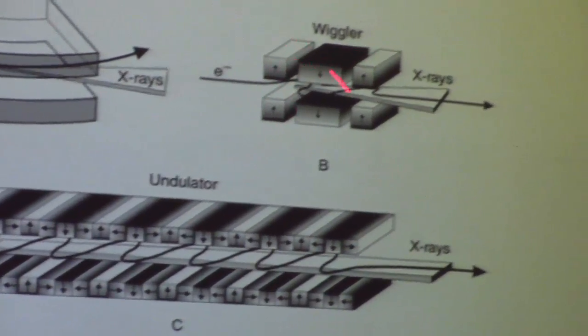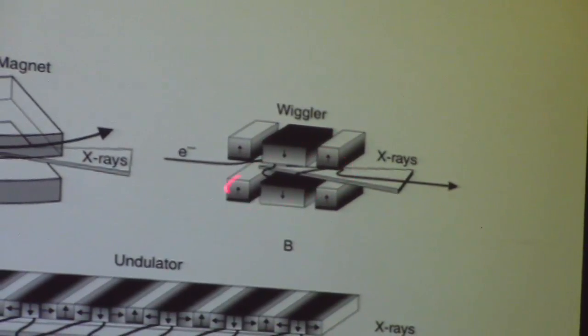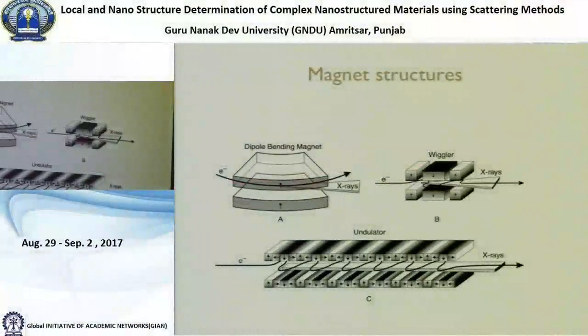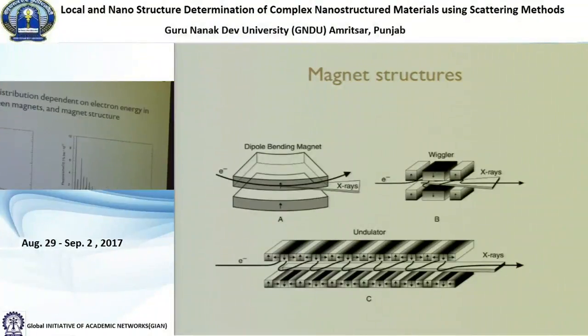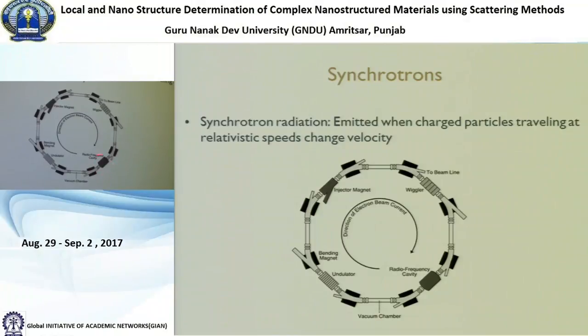So this is the wiggler here, where you have the up and the down, and it just wiggles like that. And then you can have a multi-pole wiggler, which is many of these together. Something that you should see here is that at least one of your straight sections has to have a